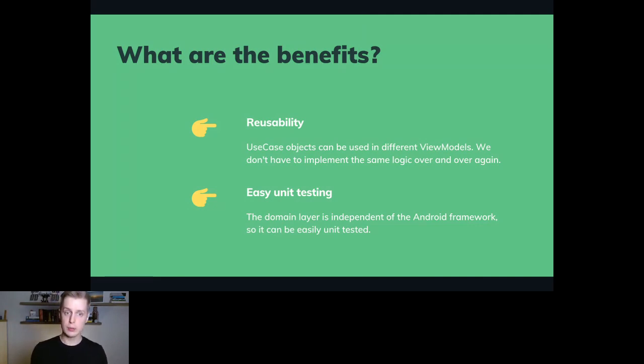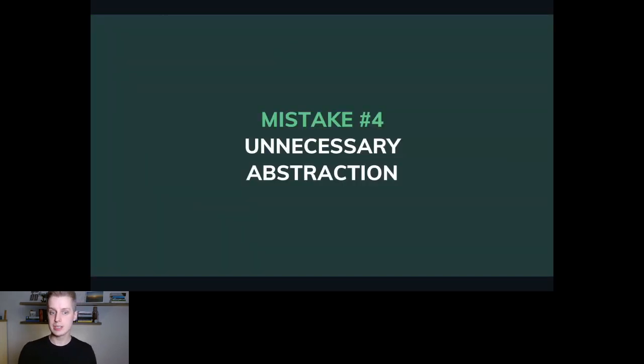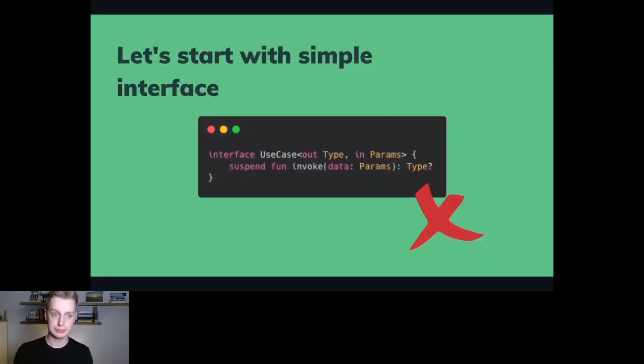Yeah, and as you probably know, when we have a good abstraction in our application, it's easier for us to write unit tests. But sometimes abstraction is unnecessary, which is our fourth mistake. Let's talk about that case, starting with a simple interface.